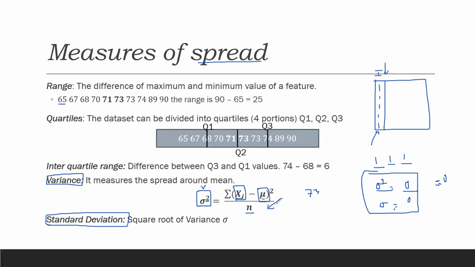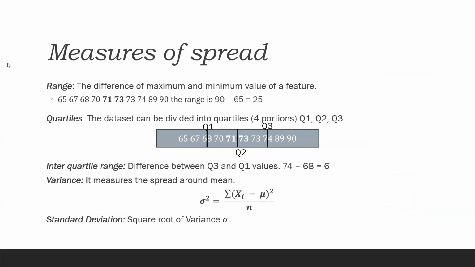Okay. So when you have variance equal to 0 or standard deviation equal to 0, it means that the whole column is having a constant value. You can simply go and drop it. You can also drop it if the value is very close to 0, like 0.01, 0.05. There is almost no standard deviation at all. It is very, very dense at one particular value. Okay, just keep that in mind.